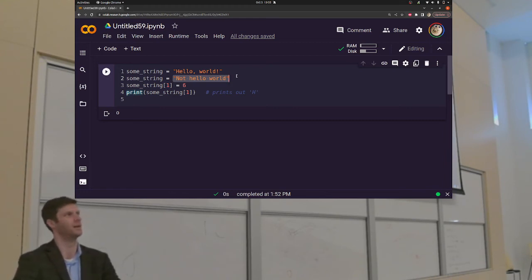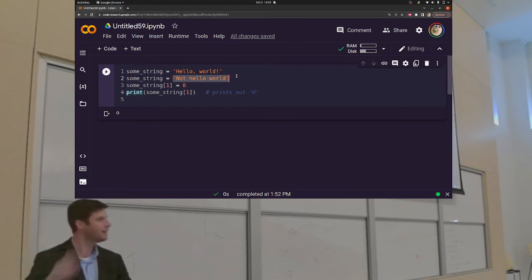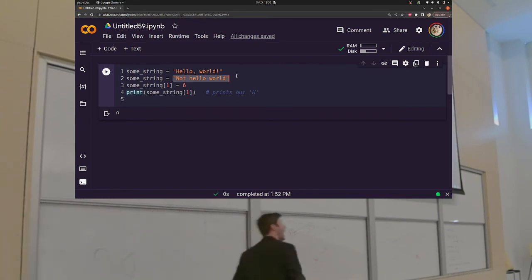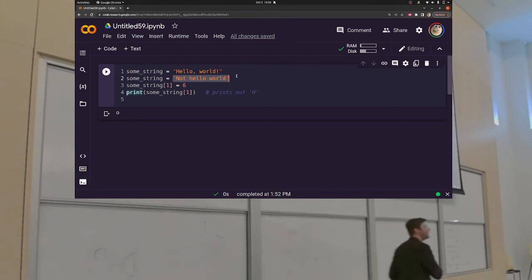Yeah? This is kind of like what you were talking about earlier, but why is it harder for the computer to store a 20 character string versus a 20 digit integer? Say that again? Why is it harder for the computer to store a 20 character string than a 20 digit integer? Because the digits,